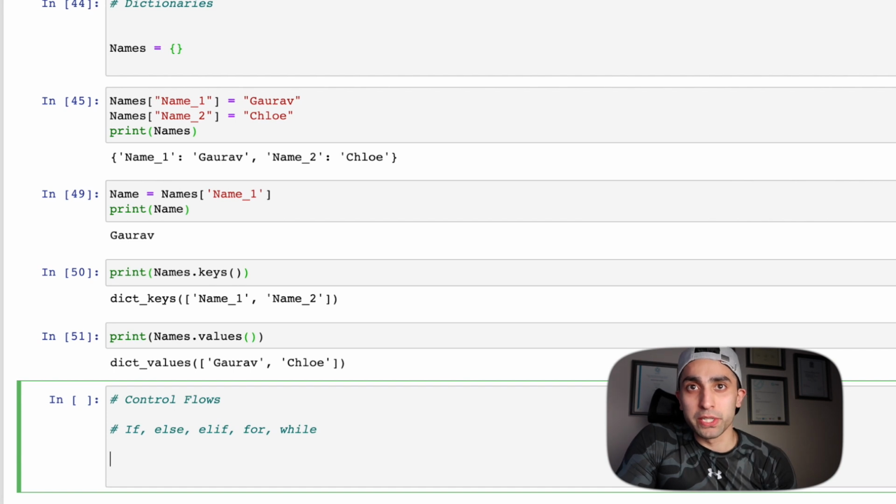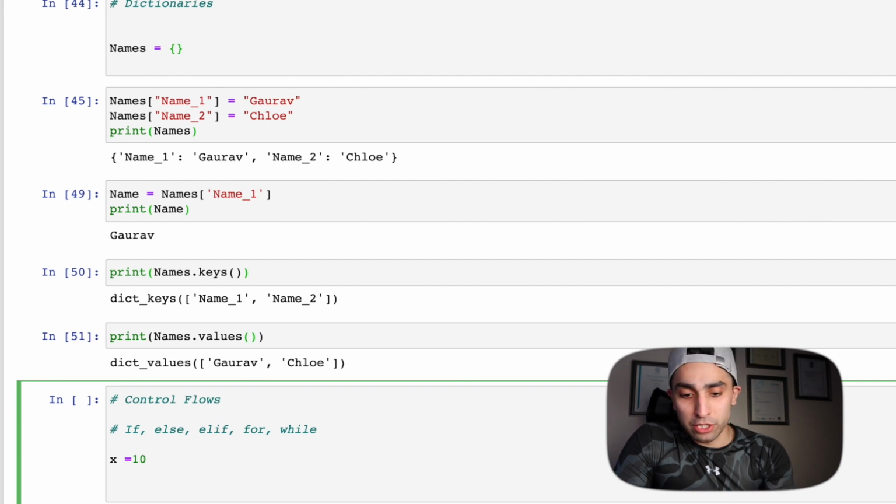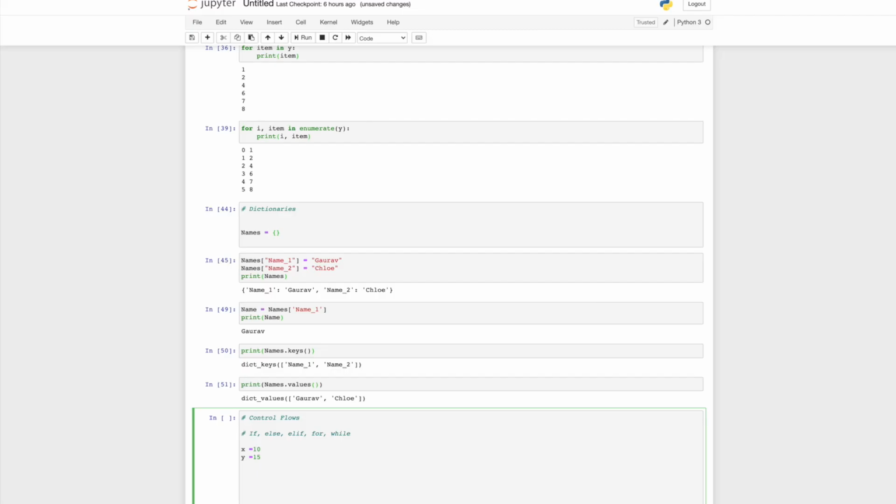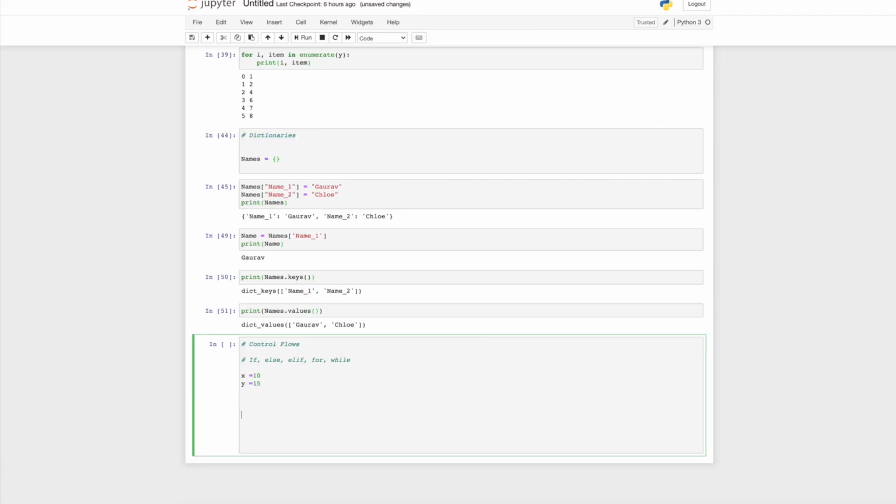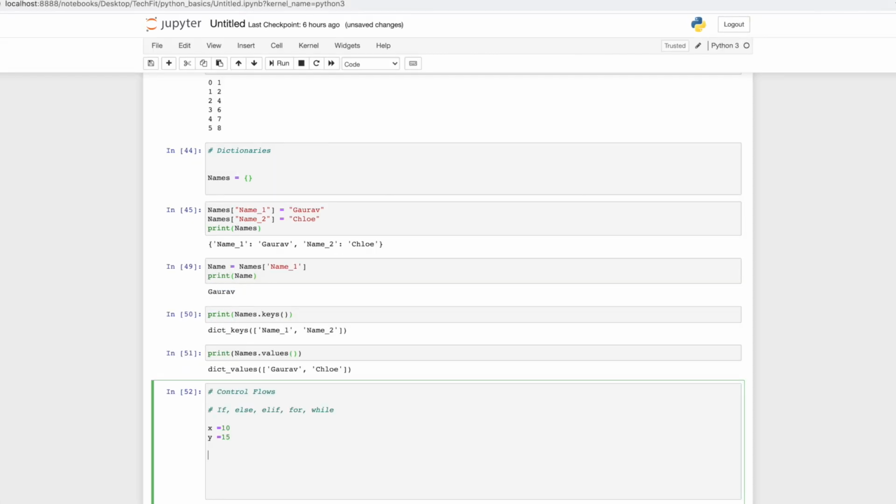First, I'm going to create two variables: x is equal to 10, and y is equal to 15. Now I'm going to create an example for if statements first. I'll say if x is less than y, I want to create a message, which is equal to "x is less than y",